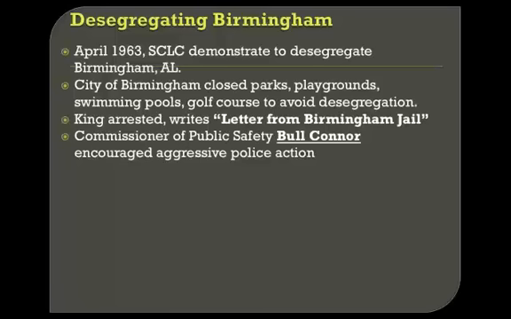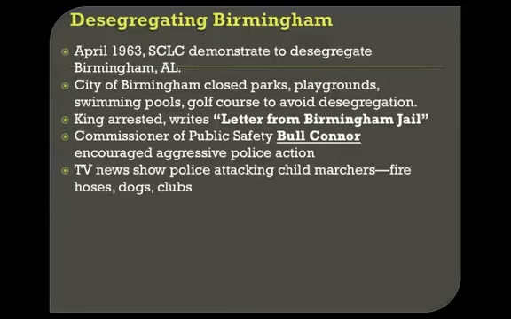So TV news was showing how the police were cracking down on these protesters, because Martin Luther King Jr. actually decided that for even greater effect and publicity, a lot of the protesters were going to be children, and he was criticized by some people even within the civil rights movement for using children, because some previous marches or other events turned into riots and some people were killed. So what if that happens to the kids? It's kind of dangerous. So they used a lot of children, and TV news showed these child marchers being arrested,